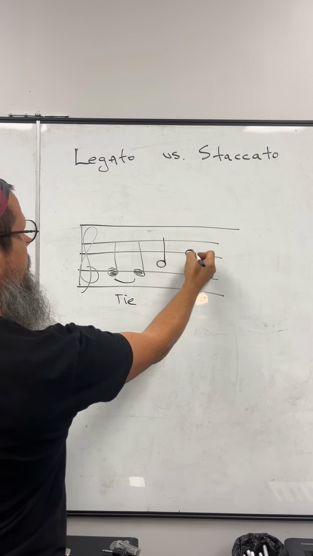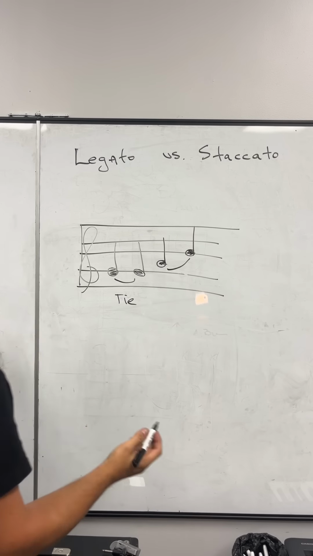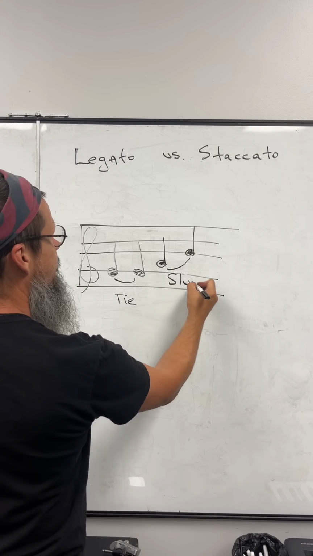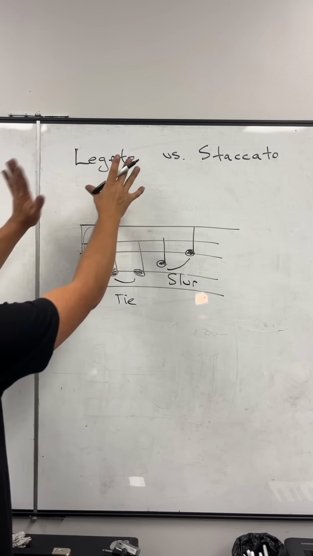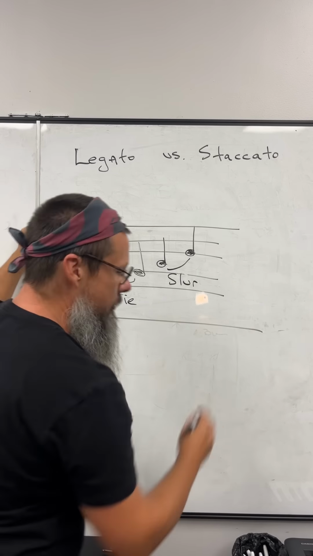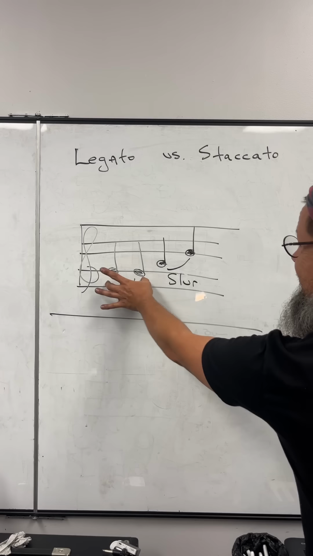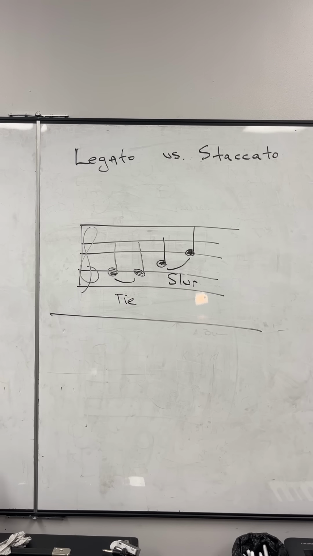If we see that the next note goes to another note, let's say we go up, these two notes, also quarters in value, use the same marking. However, now this is called a slur. They are both types of legato markings. That means that rather than playing the G and then G separately, we would do 1, 2. That's the feeling of the tie and slur. If there wasn't a tie and a slur, we would simply have